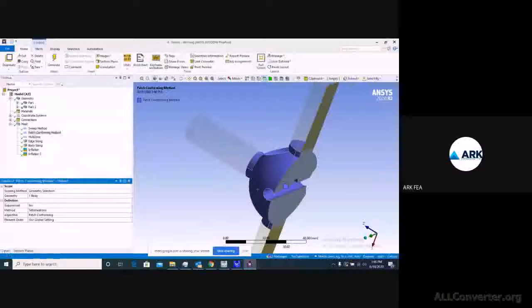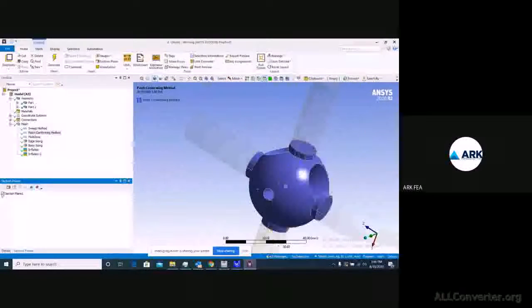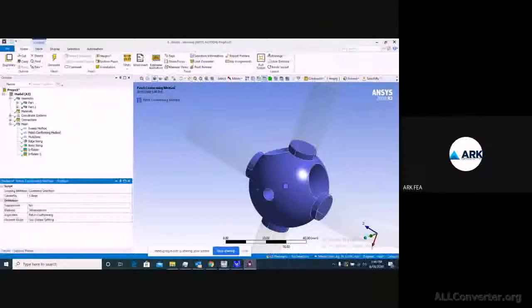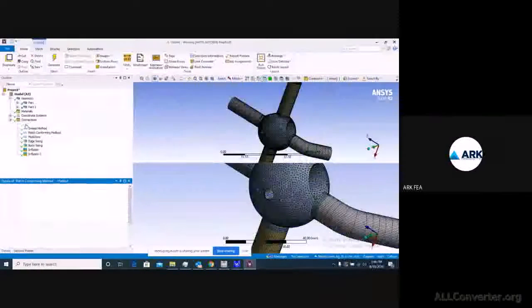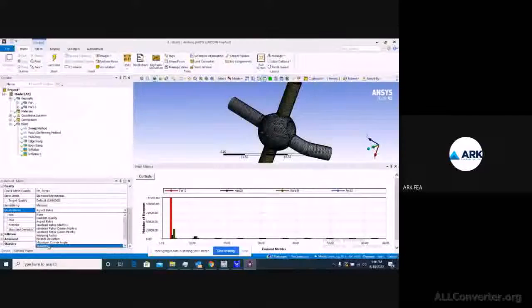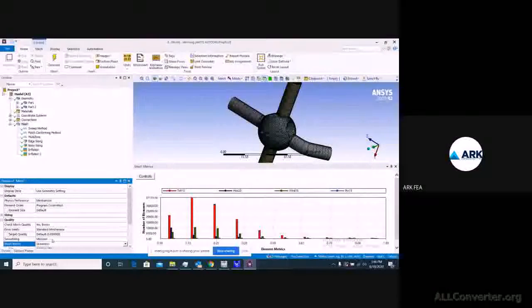right? So to come out of this section plane view, you can get back to your section plane and just uncheck this one so that you can have the complete symmetry here. And once again, get back to the details of mesh, and you can check skewness, or orthogonal quality if you want to check, or Jacobian ratio.